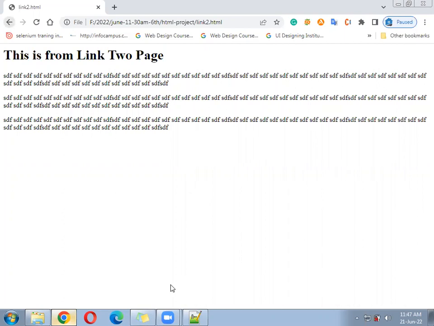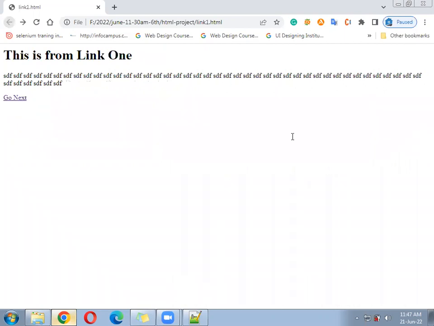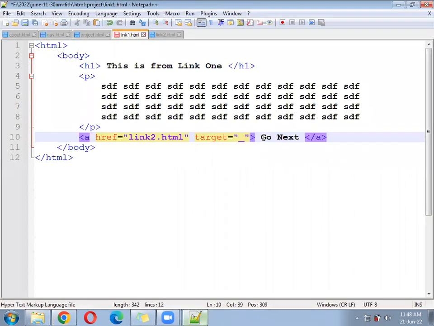Now let us see. When I write here underscore blank, okay, underscore blank. In Naukri, whenever we did a click, what was happening? A new tab was opening on every click. You also give here target equal to blank. After writing target equal to blank,